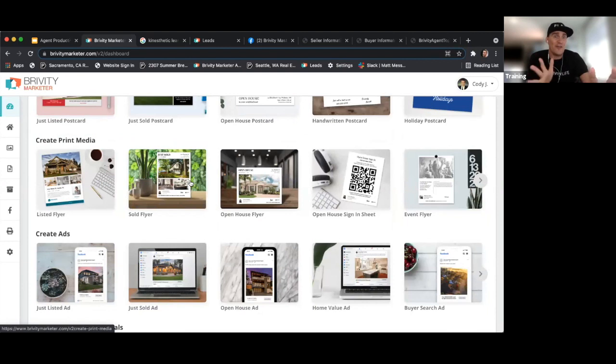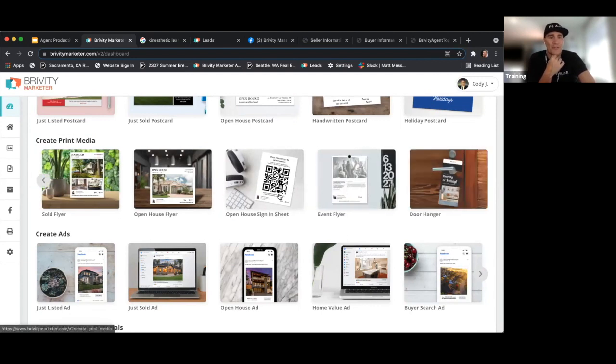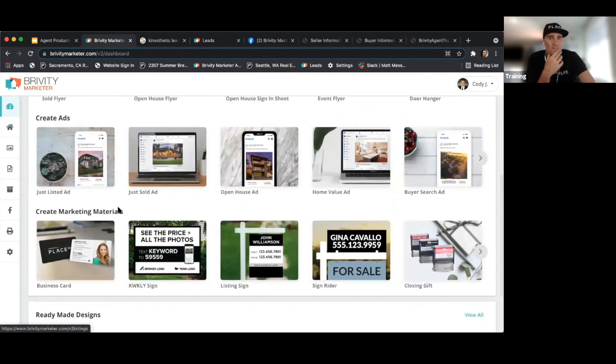Brevity Marketer has other elements to it. It's got this whole print media section where you can do just listed and sold flyers, open house sign-in sheets. We've got some stuff kind of coming soon, door hangers coming soon. And then it's also got this Facebook ad